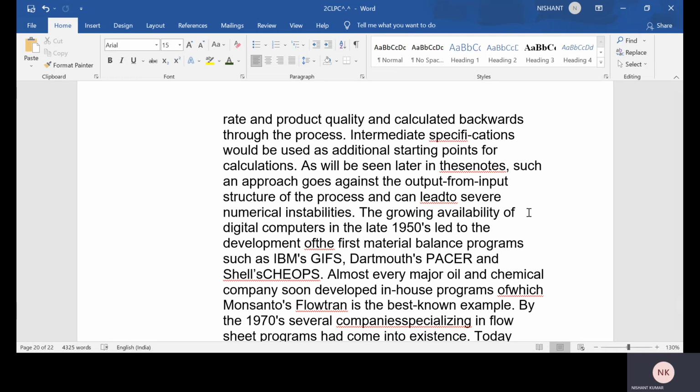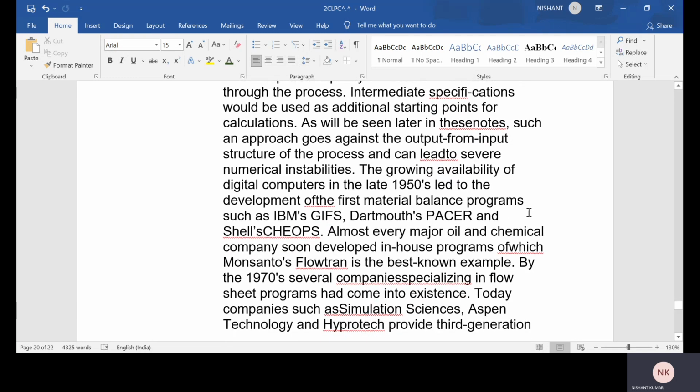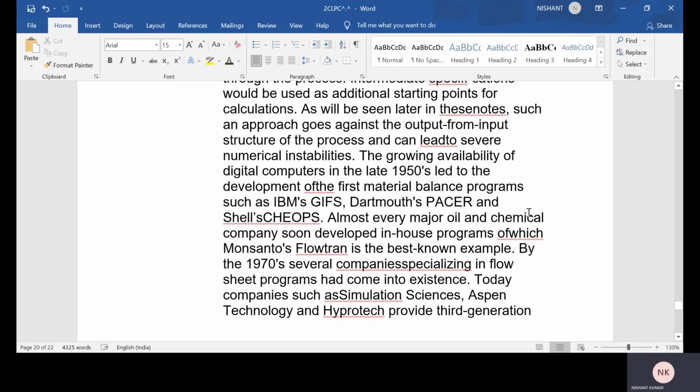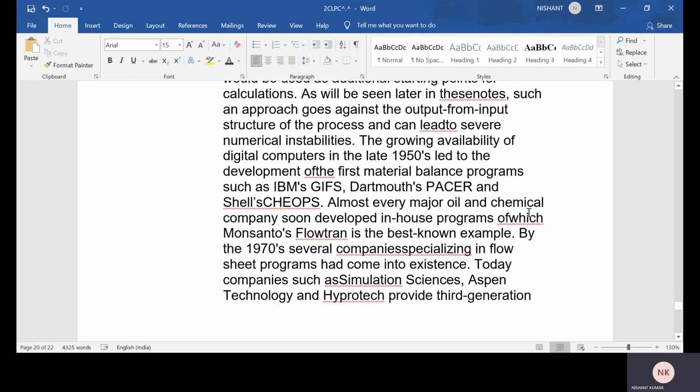Such an approach goes against the input-to-output structure of the process and can lead to several numerical instabilities. The growing abilities of digital computers in the late 1950s led to the development of the first